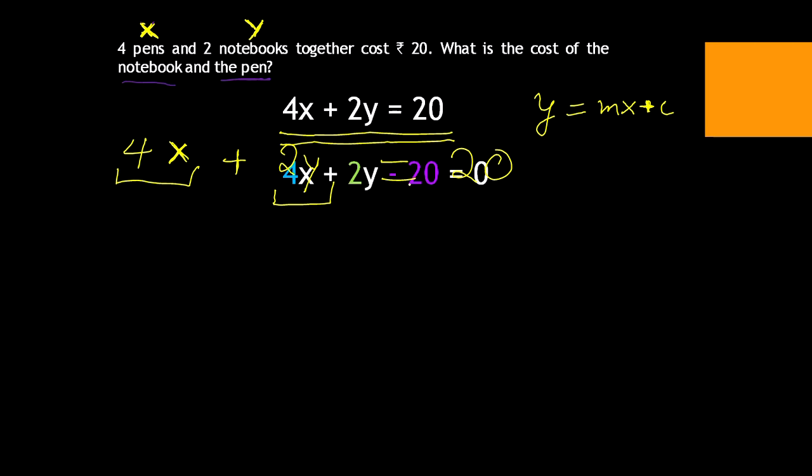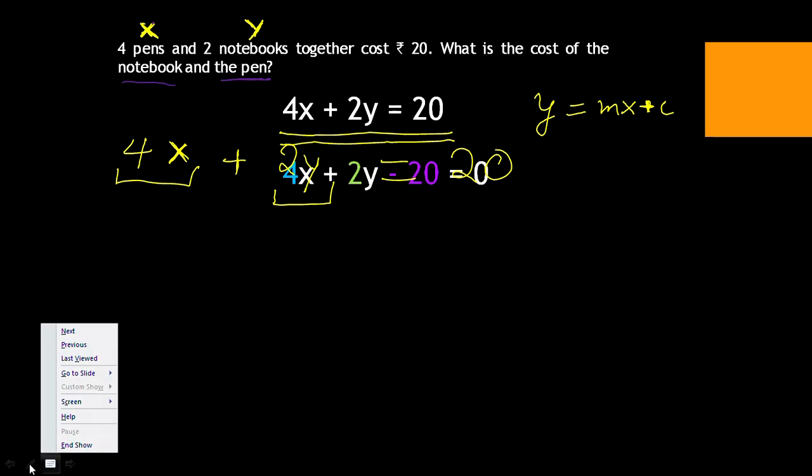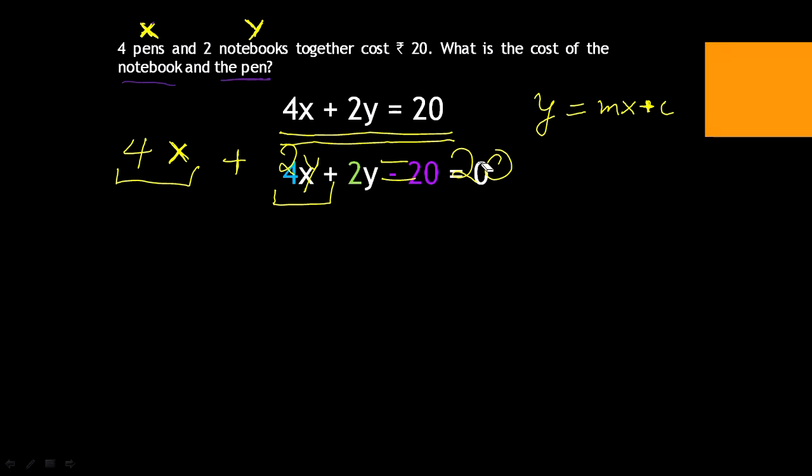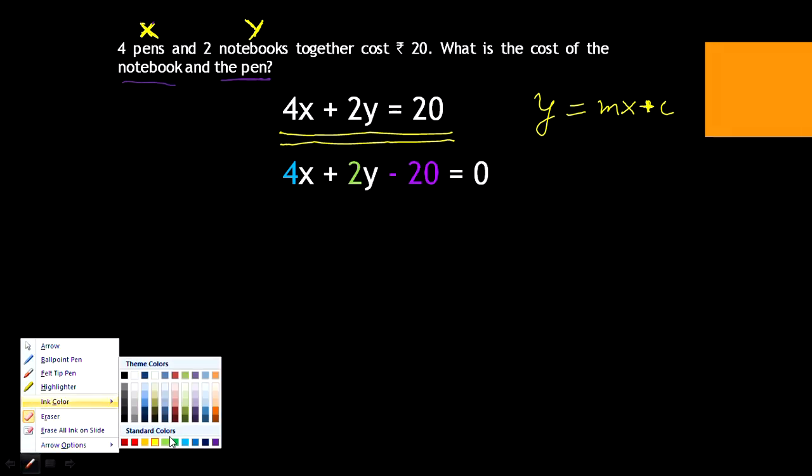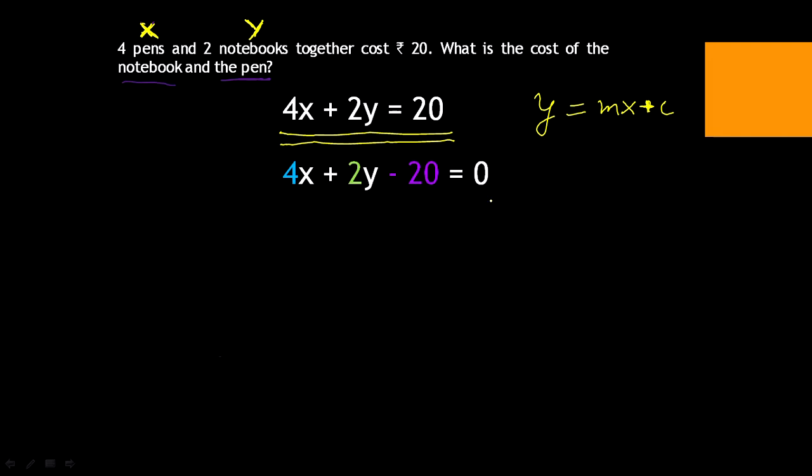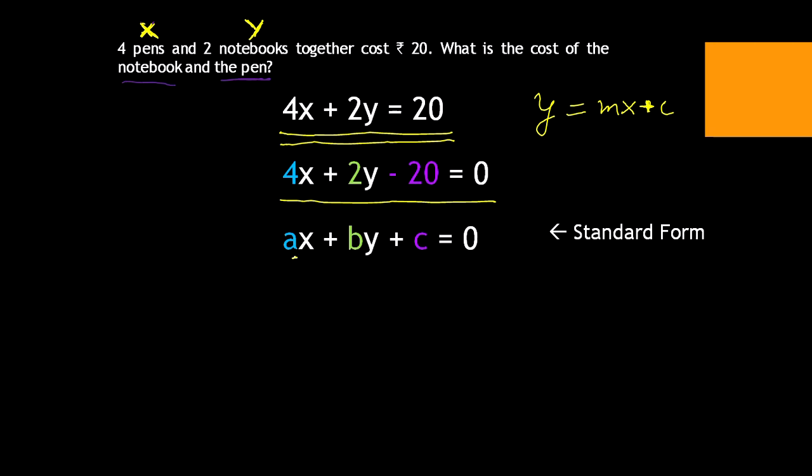Now here what we can do is, let me get rid of what I had written earlier. I can shift this minus 20 to this side and I can get this form, 4x plus 2y minus 20 equals 0. This is a different form of linear equations, and this form is known as the standard form, where a, b, c are numbers. So a here is 4, b is 2, c is minus 20, and this form is known as the standard form,